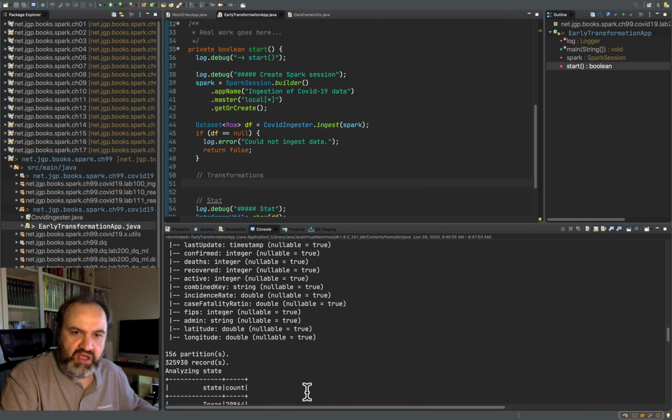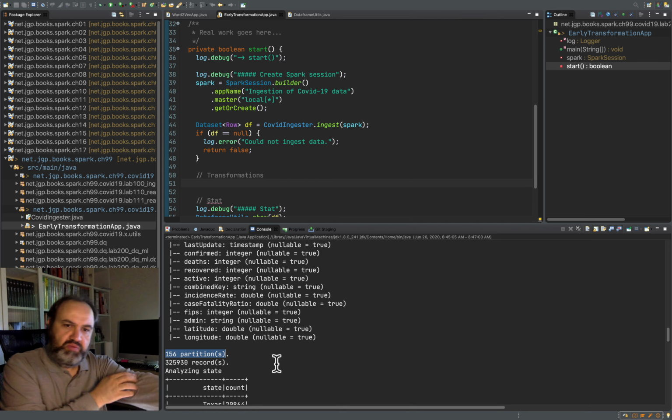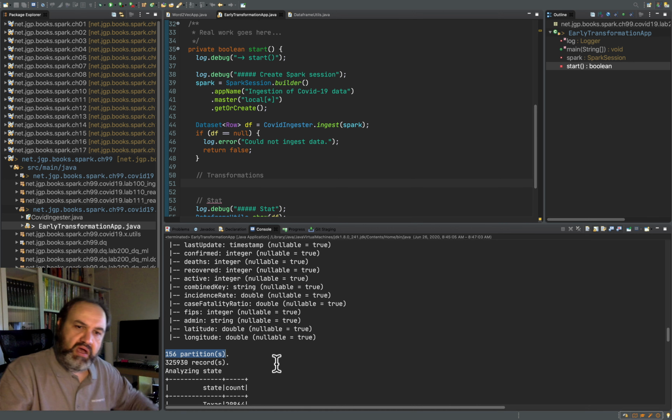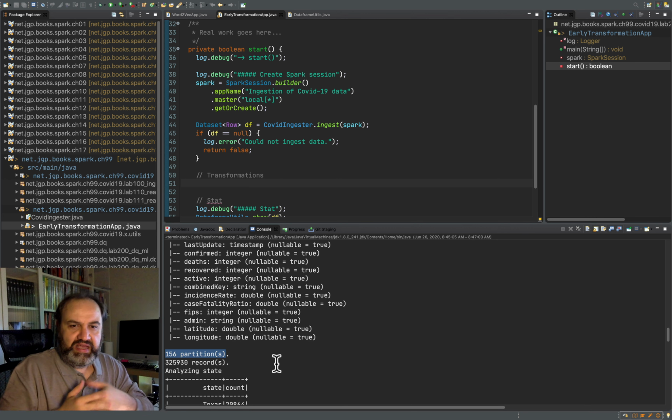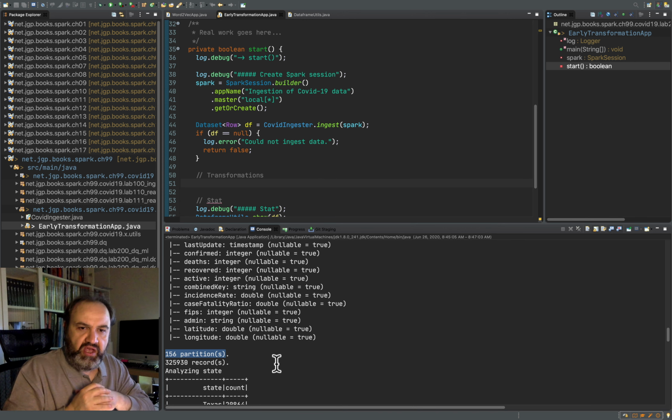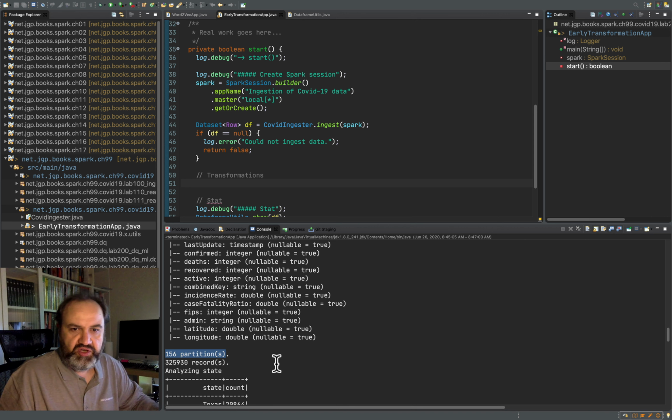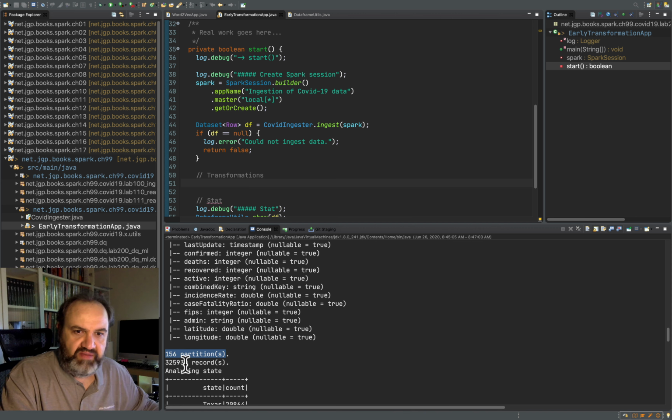If you look at that, you also see the schema with the types we were expecting. One thing that I added there is a number of partitions. As we saw in a previous episode of DataFriday, Spark stores its data in partitions, and when you're doing unions like we just did here, it's going to create one partition per source file. That's why in this scenario it's 156 partitions, because we have 156 files, and same thing for the records growing.